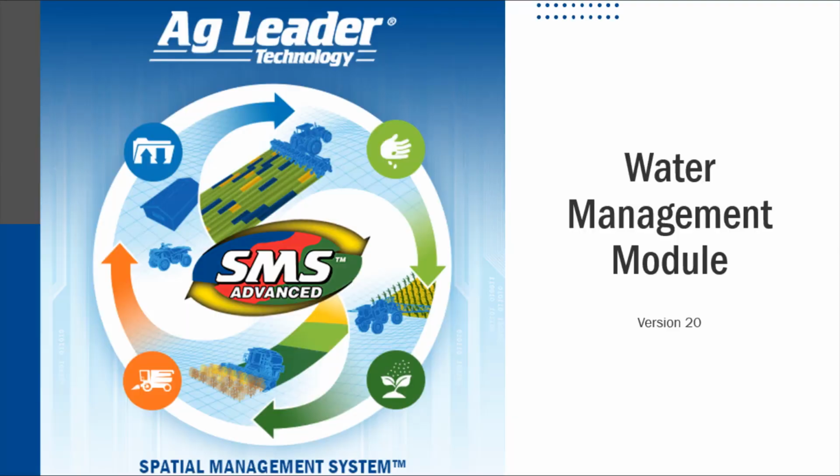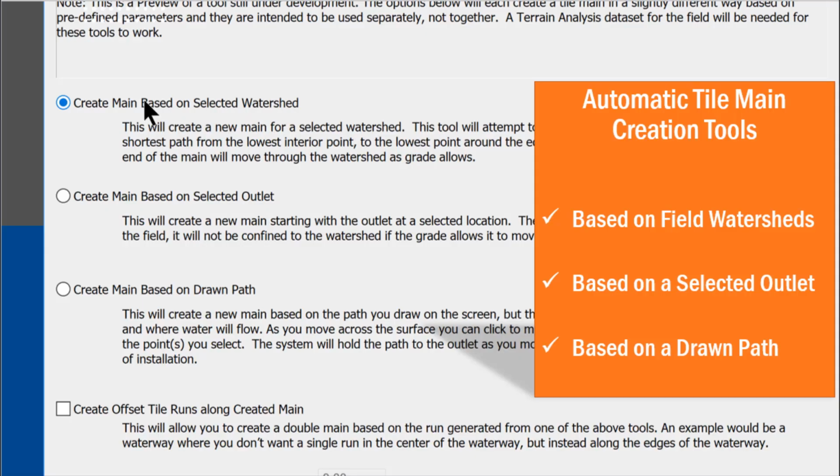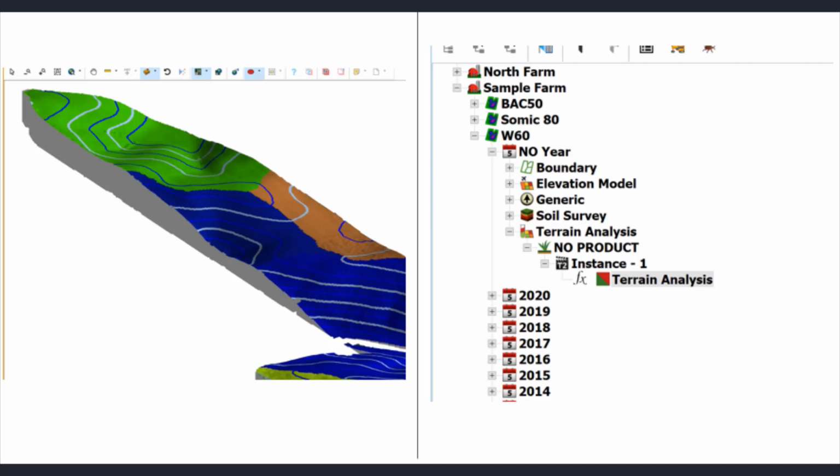I'm excited today to share a bit about the new features that have been added to the Water Management Editor of SMS Advanced. We've added these new automated tile features that make planning and creating tile plans for your fields easier than ever. To utilize these tools, you'll just need to use a 3D surface, either from an RTK planting layer or from a LiDAR source, and run the terrain analysis tool in SMS Advanced before you enter the tile